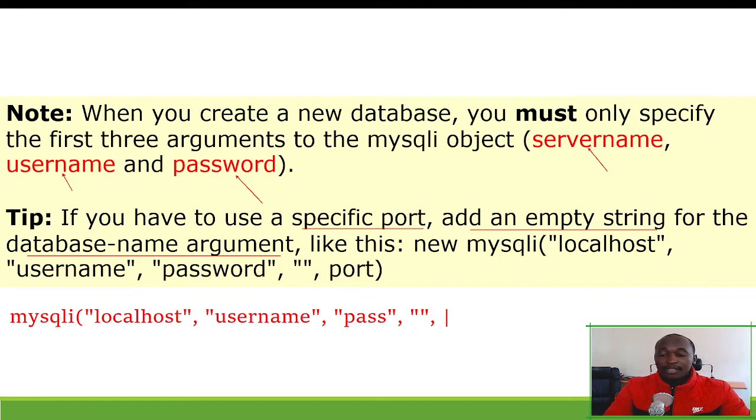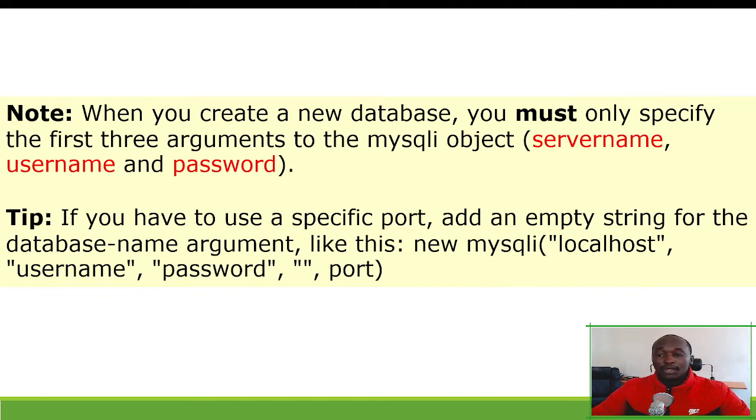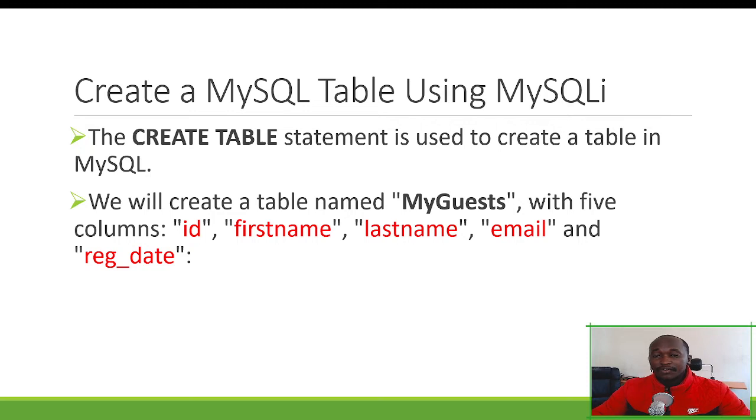Then you specify the port, the specific port that you want to use. For example, 80, something like that. Then semicolon. So that's what you do if you want to specify a specific port that you want to use for the connection. Of course, 88 is the default. Okay, now to create a table,